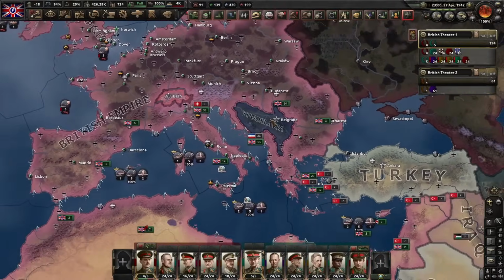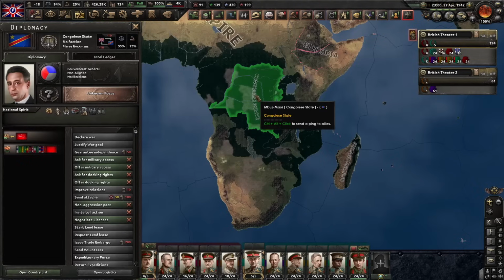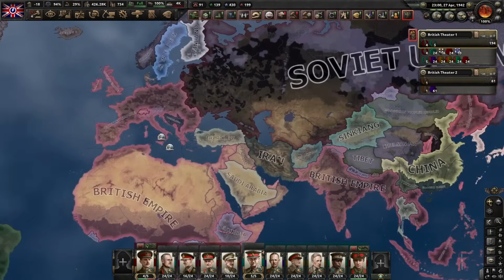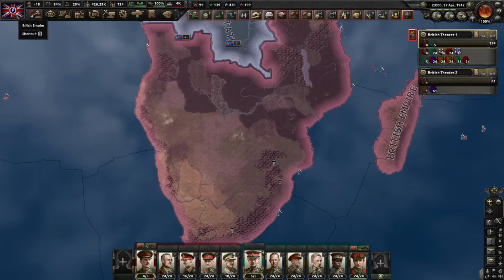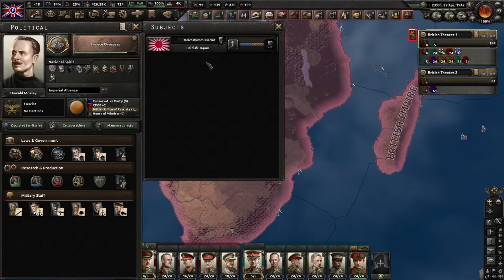So to do that, we're going to need a puppet. And the easiest one to probably conquer at the minute might be something like South Africa. Right, so I'm just going to get all of our troops for the minute. So, in order to do this, I'm going to...